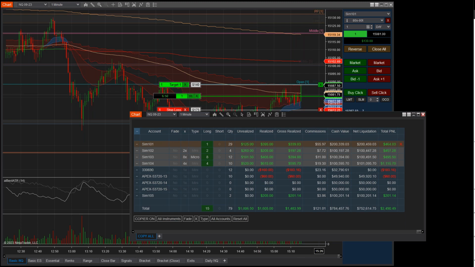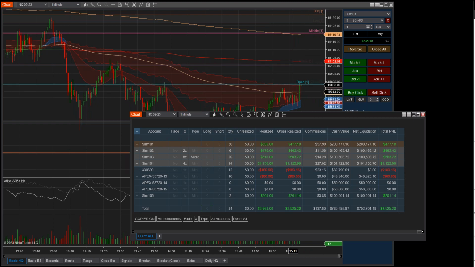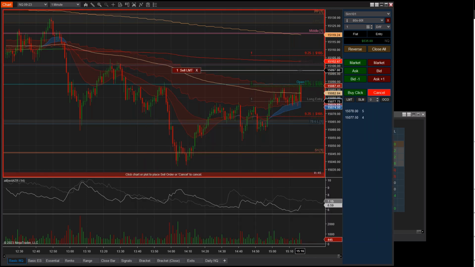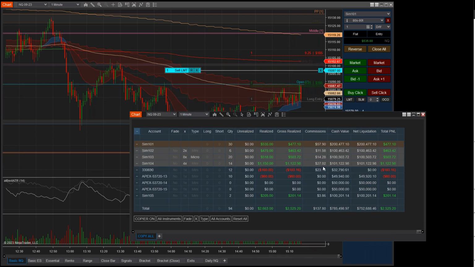So now we're not having to be concerned about moving multiple targets around the chart, right? Or you're not concerned about the targets not staying synced up, or the buy or sell limit entry orders. Like for instance, when I sell limit right here on this chart, this order is not replicated to all of these accounts because it doesn't have to be. What happens is if this sell limit order is filled on my master account, then it's going to submit a sell market order on the follower accounts. So I hope this makes sense.